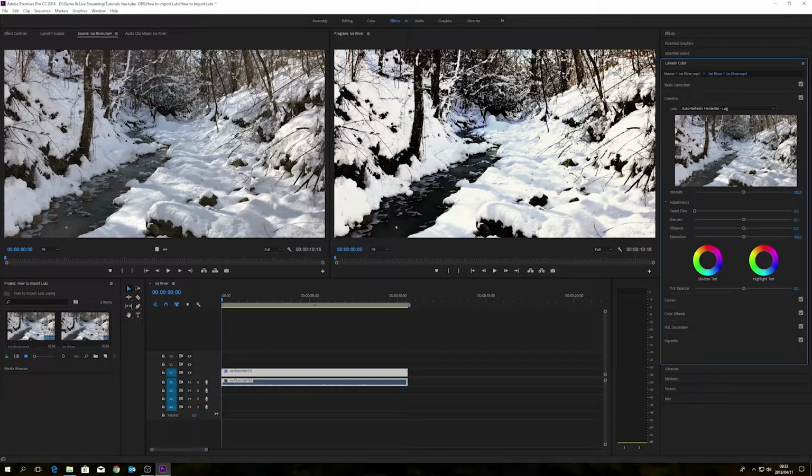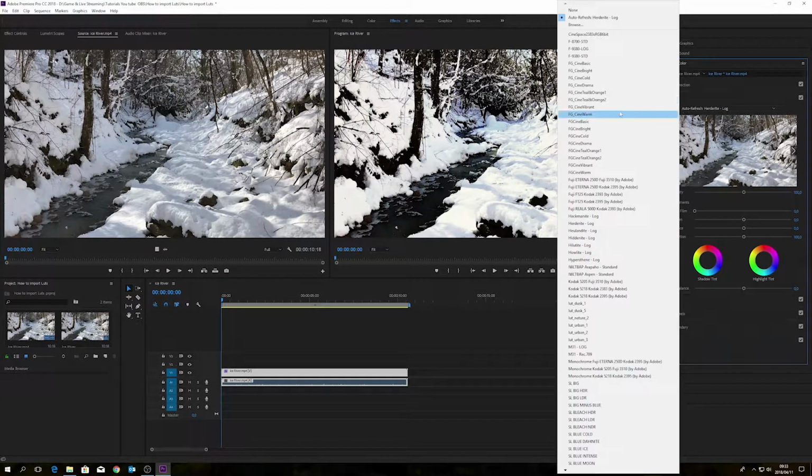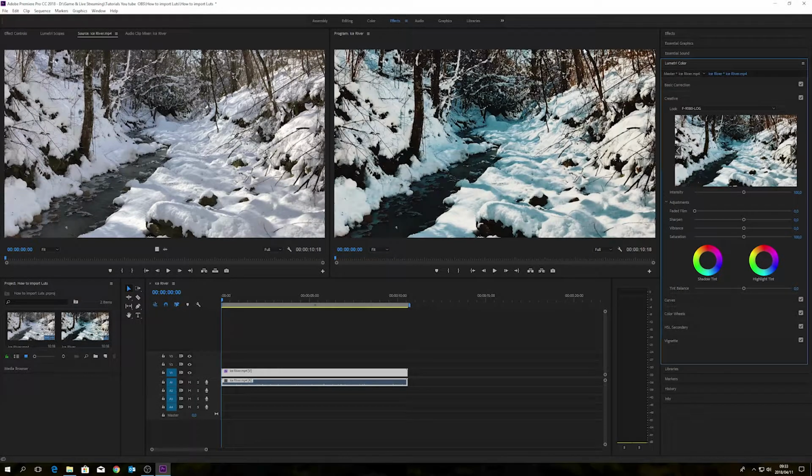This one is a bit harsh, let's change it to something else. Oh, that's better. But this way you can view your LUTs one at a time. But let's say you want to import a whole bunch of LUTs, a pack. From here we're going to go to the folder where you've saved your LUT pack,